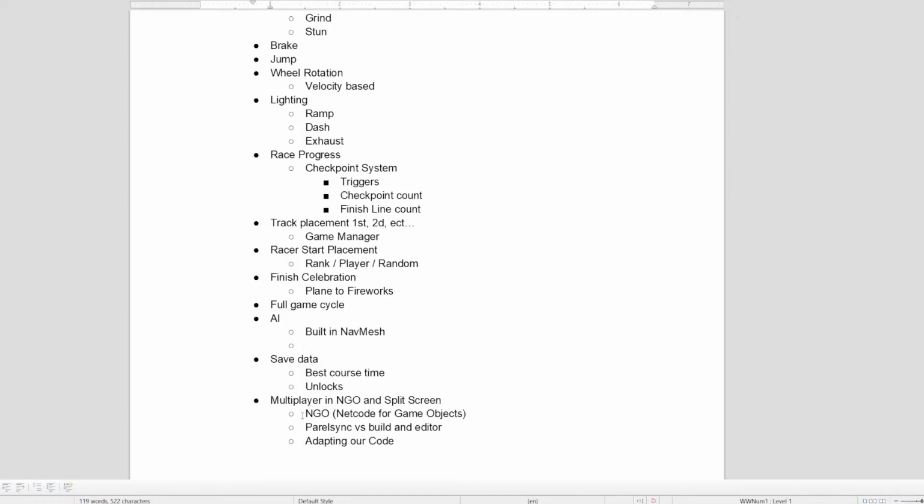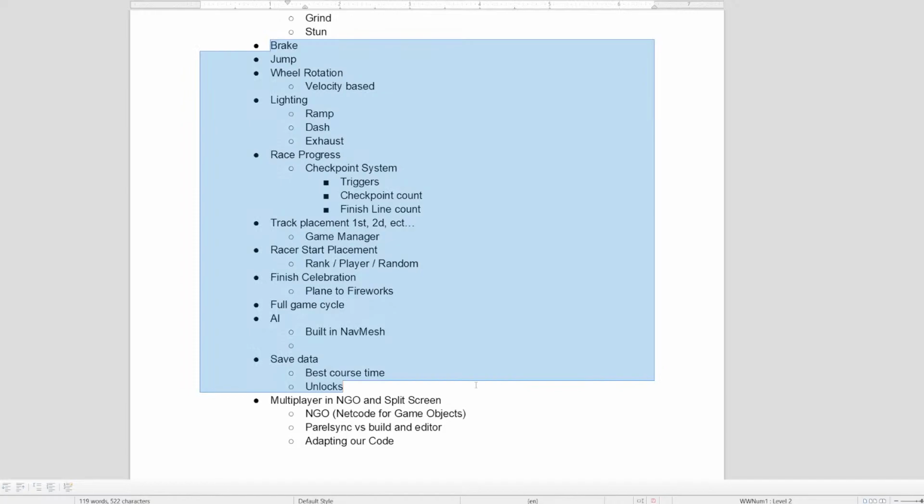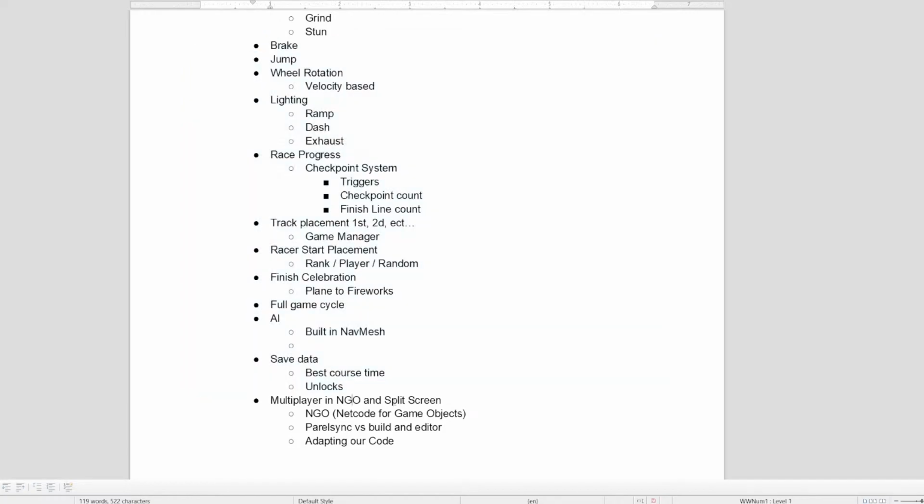I'll probably cover netcode for game objects a little bit, depending on how far I take this one. But we'll definitely get all the way through the main game, and we'll probably try and cover NGO, netcode for game objects, split screen, and then ParrelSync versus the build and editor. If you're on Mac, you want to just build and run one build and one editor version, because